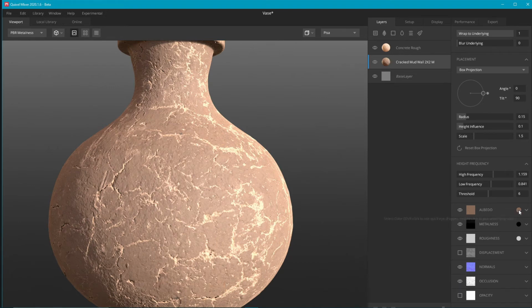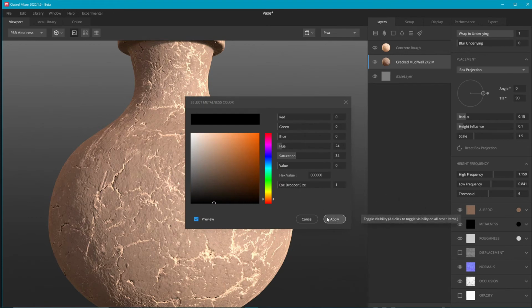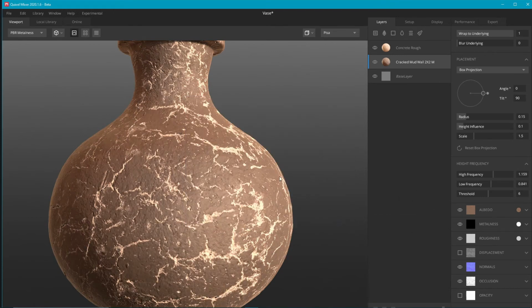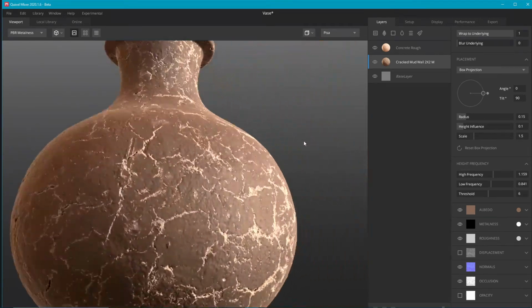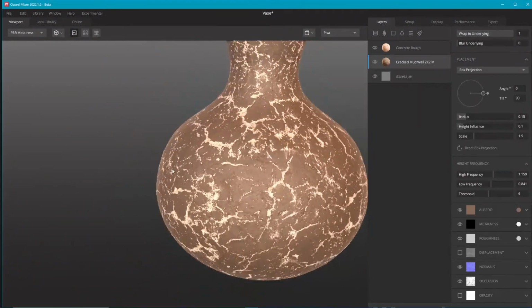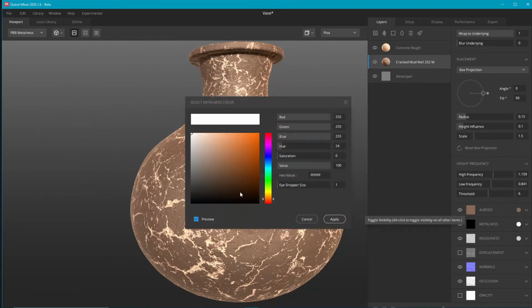So the albedo is the color, the metallic map is a grayscale map telling the computer how metal it is. So a metal would be white. If you select this color, you change it to white. Now you're telling the computer that this needs to be shaded as if it's a metal, and if it's black,